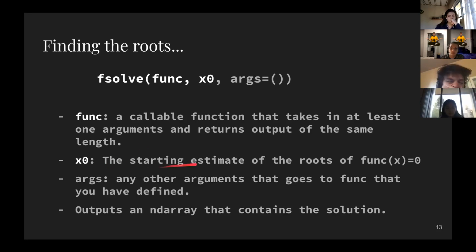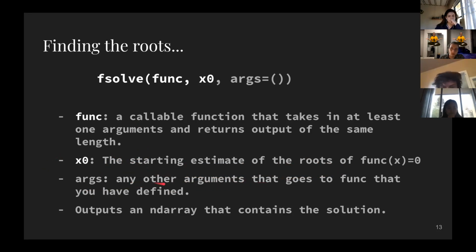And then x naught is the starting estimate of the root. So usually you know your root's going to be somewhere just from plotting, right? Let's say you plotted a quintic or a 6th-degree polynomial on your x and y axis, and you see it crosses the x-axis around 7, maybe 7.5 or something, but you don't really know what that number is. Well, that 7 would be your guess. That would be your x naught, and so on.